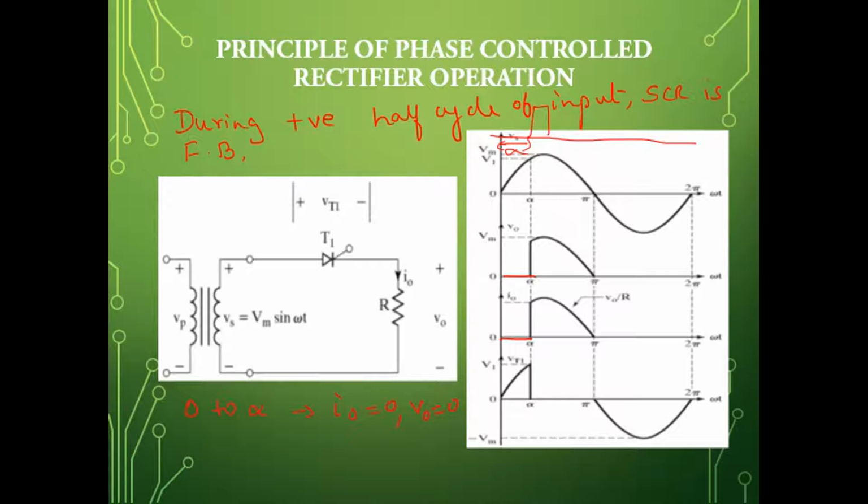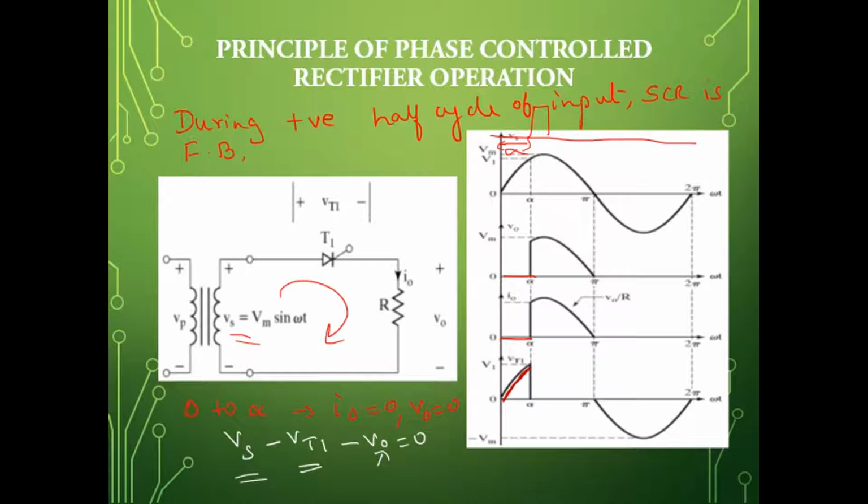So if I naught is 0, V naught is 0, what is the voltage across the thyristor? So voltage across the thyristor will be equal to the supply. So how can you obtain it? You apply KVL to this loop, okay? If you apply KVL to this loop, what do you get? We get Vs minus Vt1 minus V naught equal to 0. So if V naught is 0, then what is Vt1 equal to? Vt1 is equal to Vs. So that is what drawn here. So Vt1 is nothing but Vs, that is from 0 to alpha.